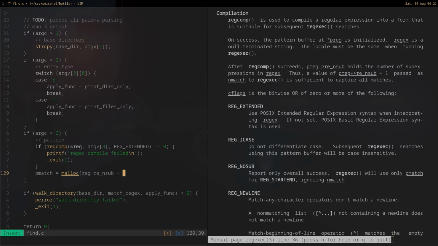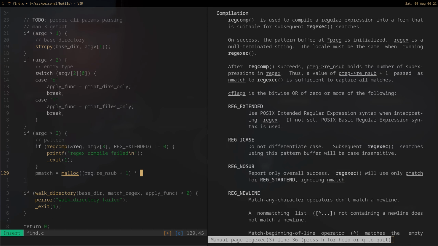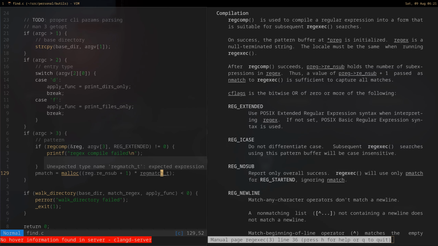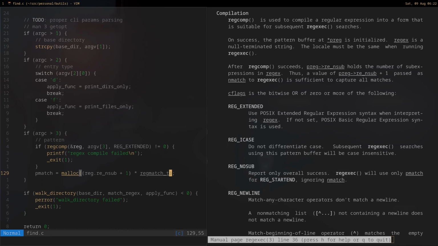Sub plus 1 into regmatch_t. This regmatch_t, regmatch_t, size of,